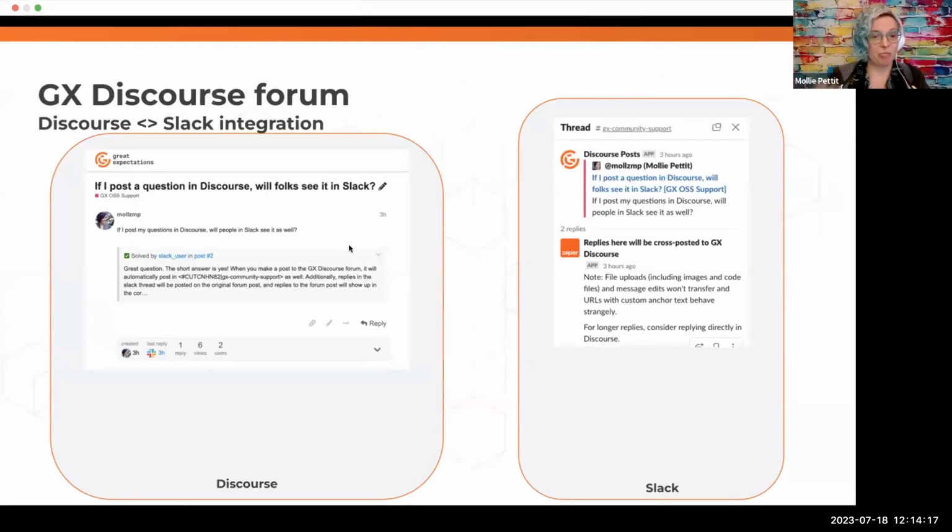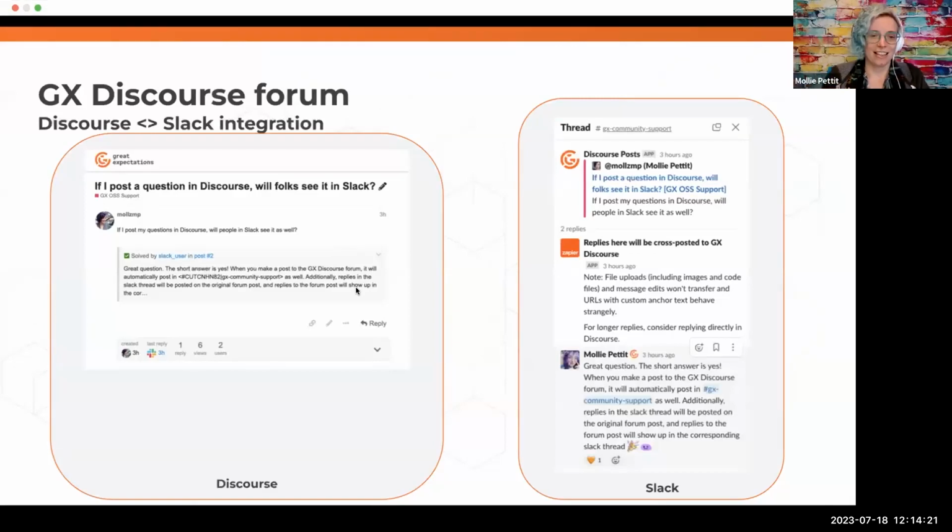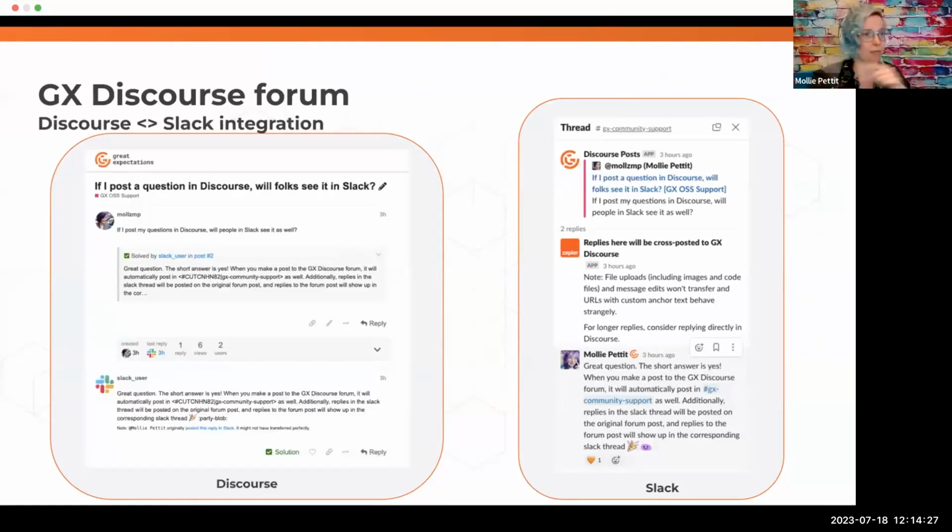Then, if somebody responds within the Slack thread, it will very quickly be posted back to the Discourse, and so forth. If someone replies to the Discourse, it'll go back in the Slack, etc. So this means that no matter where somebody is, if they are able to help answer that question, they will be able to see it.